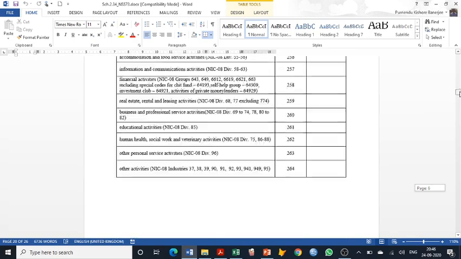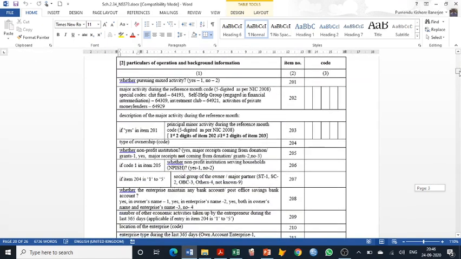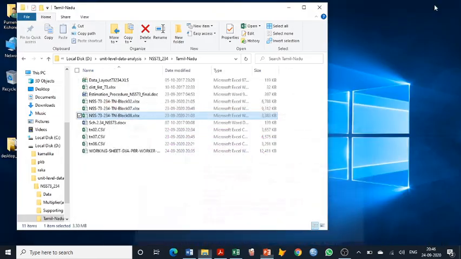And if we want to find out the GVA per worker for some specific activity, then we will require the NIC code, the major activity during the reference month, 5-digit NIC, item 202 available in block 2. So we remember these three and then accordingly proceed to create our own small Excel files for the particular state. Now I will not go through all the steps required to generate the Excel files. Instead, I will show what I have done.